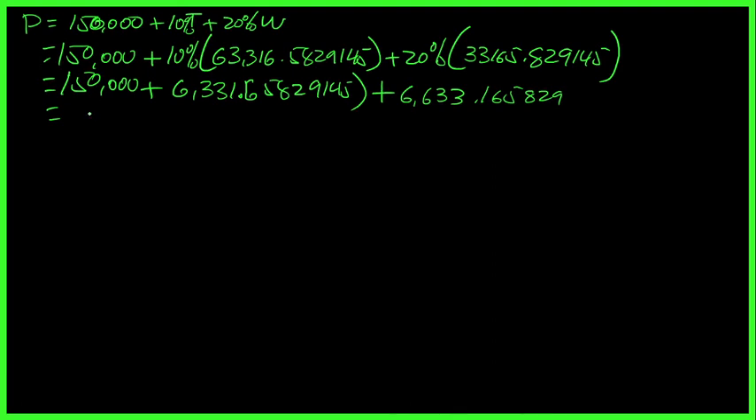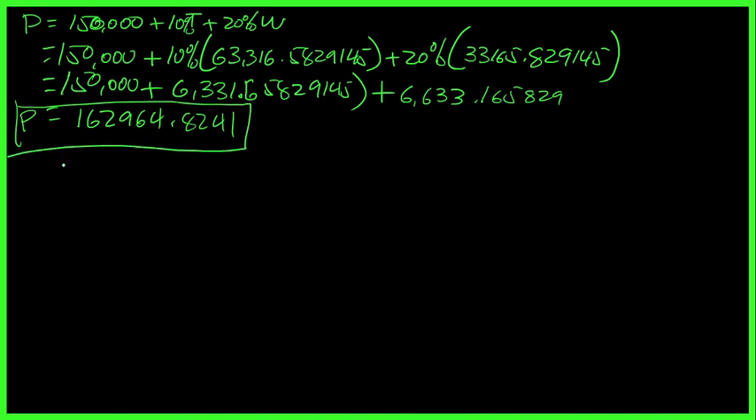So, okay, I'm getting 162,964.8242. Oh, okay na yan. Okay, 8241. Okay, so this is now the value of your P. Tapos na ba tayo? Hindi pa. Those are just the values for your